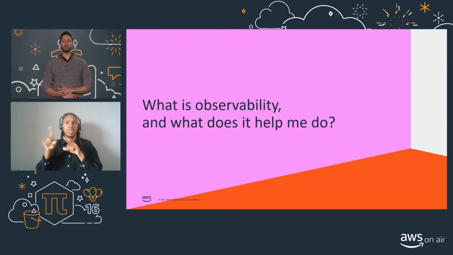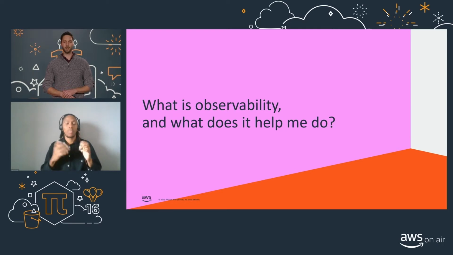So before we dive into our content, let's first clarify what is observability and what does it help me do. Observability describes how well you can understand what is happening in a system, often by instrumenting it to collect metrics, logs, or traces. To achieve operational excellence and meet business objectives, you need to understand how your systems are performing.